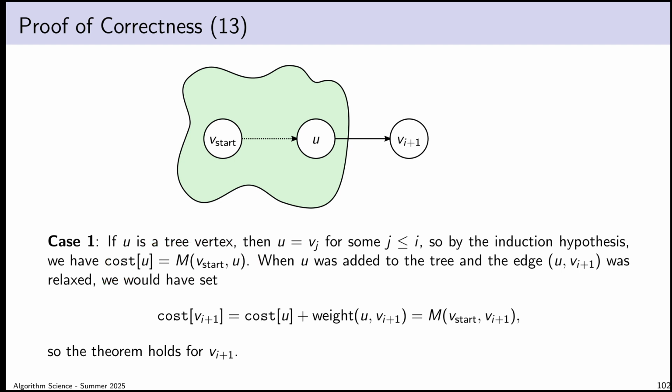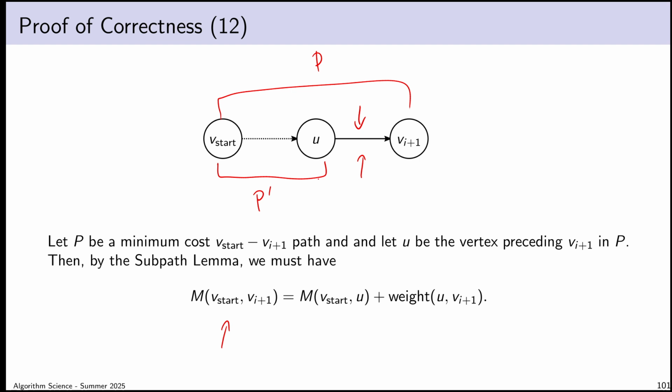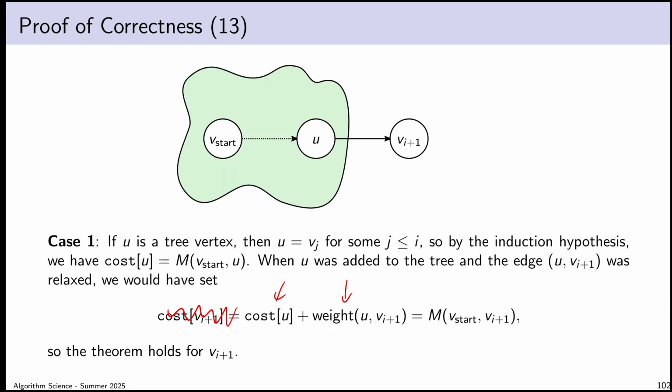Okay, great. And when I added vertex u to the tree, I would have relaxed this edge. Okay, so when I relaxed that edge, what would I have found? What path would I have discovered? Well, I know that I would have then computed the value of cost of v, well actually, not quite yet. I do the relaxation, I compute cost of u plus the weight of that edge. We know from the previous slide that the cost of travel to u, which we know because of the induction hypothesis, the true minimum cost and the cost of travel to u in our array are the same number. We know that this sum is equal to the true minimum cost of travel to v_{i+1}.